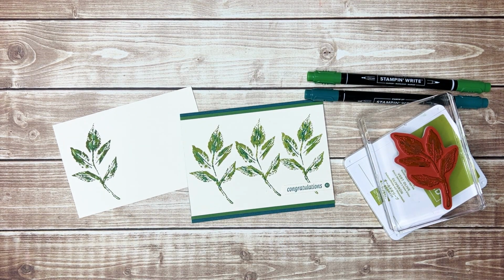If you would like to see how I used the thumping technique on a tree stamp many years ago, you're going to want to watch this